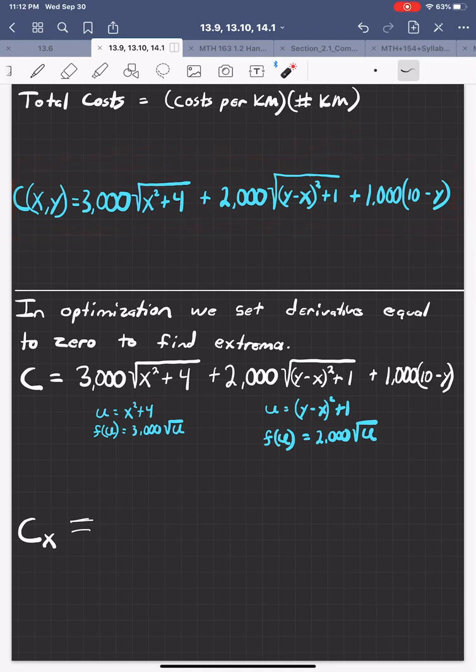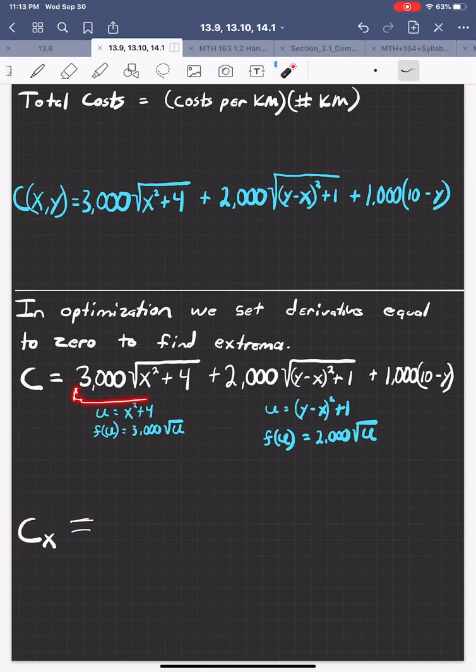So as I said, in optimization, as you recall, we take derivatives and set them equal to zero. We find our extrema. Now it's slightly different here because we have two derivatives, right? We have a partial with respect to x, a partial with respect to y. I'm going to start with the partial with respect to x, and just to make sure you understand what's going to happen here,